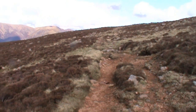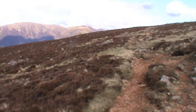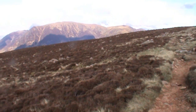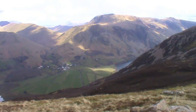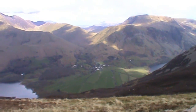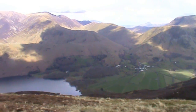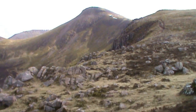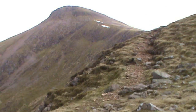As you can see, it's levelling out a bit before we turn slightly right and head towards Red Pike. As we walk over the brow, we can see the end of Buttermere Lake, Buttermere village in the middle, and the end of Crummock Water. We bear off to our right now. Well, that's where we're heading now, Red Pike. Quite a stiff climb to the